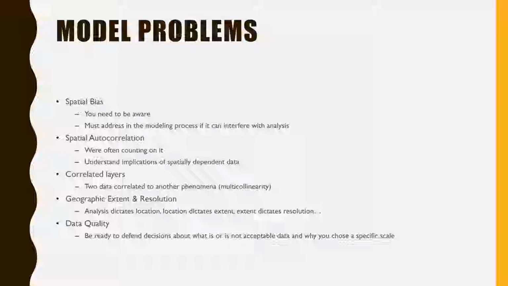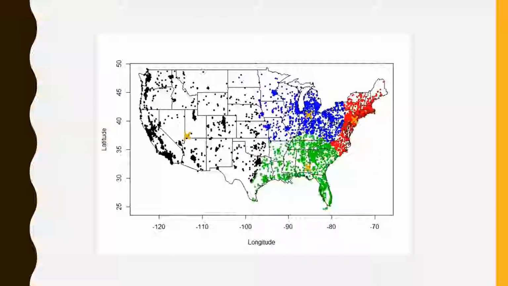And lastly, of course, data quality. You need to be ready to defend decisions about what you say is acceptable or non-acceptable data. Simply, it was the first data I found is not good enough. In a professional setting, if someone asks you why you didn't use better data or different data, you need to be able to answer those questions. So here are some examples we're going to look at of some data,